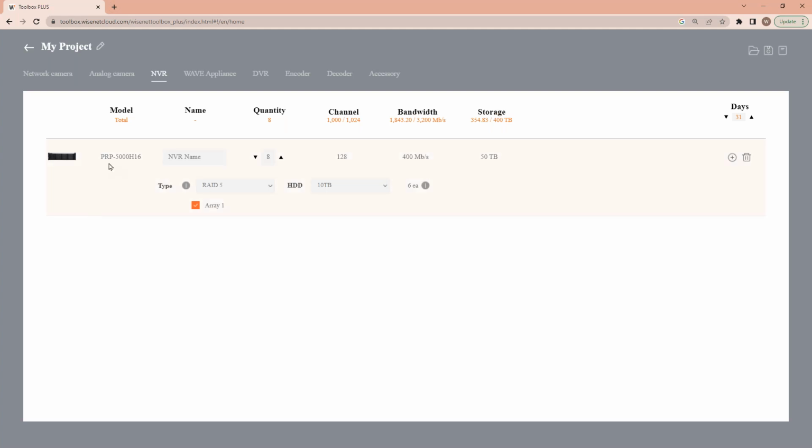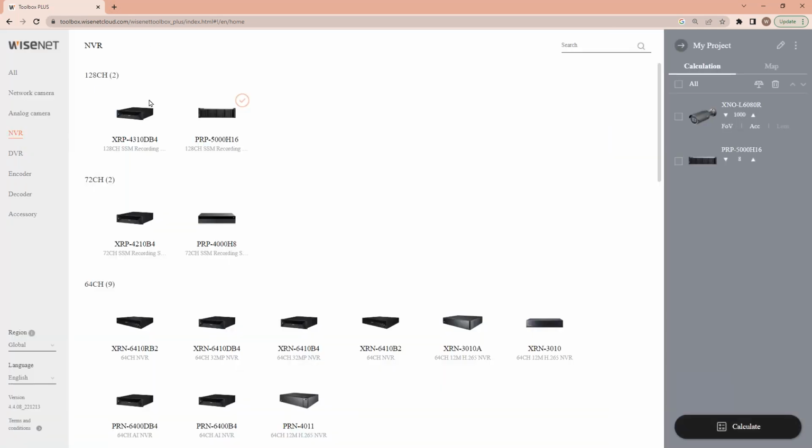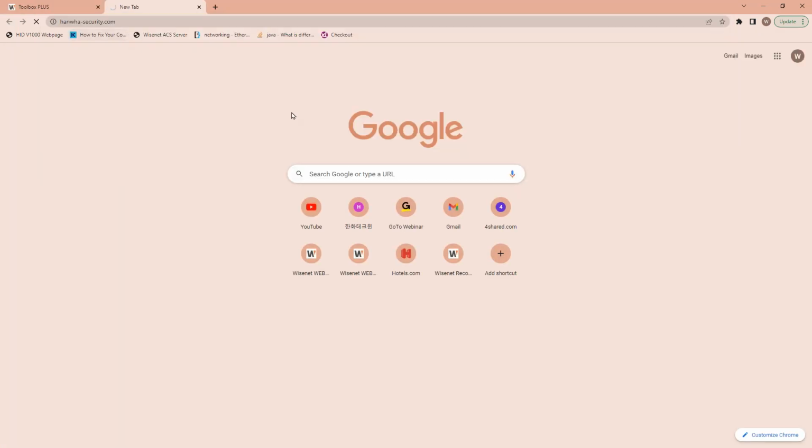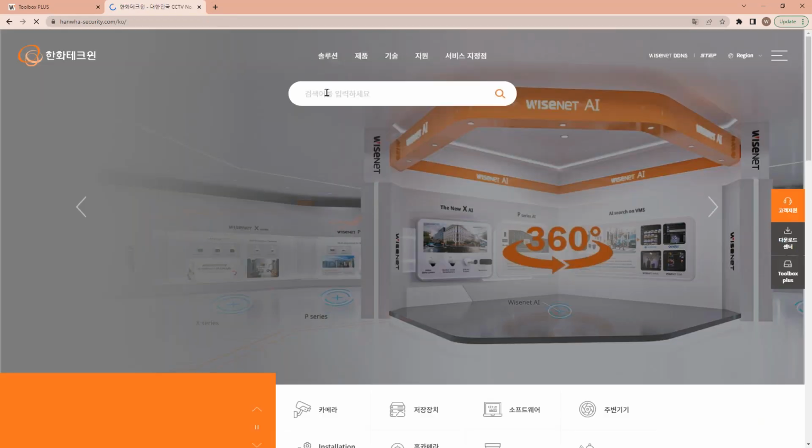But remember, PRP, you can see it is 128 channel, right? So you divide the total number of cameras by 128 channel. And for each PRP, when you go to the website, you will see how much hard disk it can handle. So